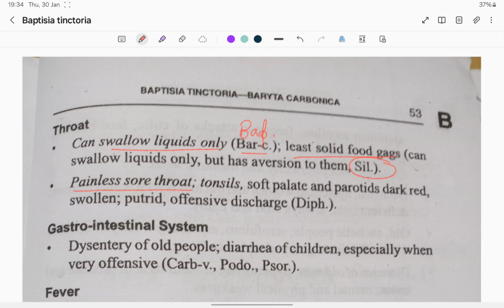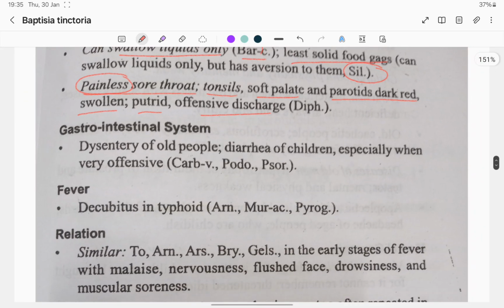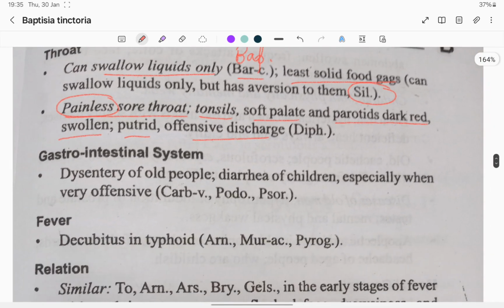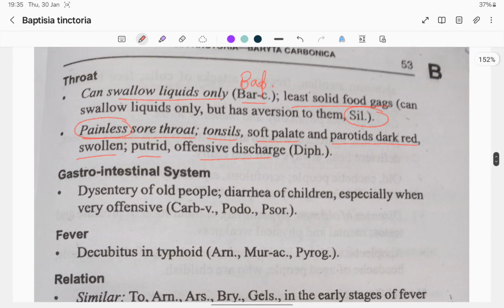Painless sore throat. Here it is painless. Tonsils, soft palate and parotids dark red. This one is peculiar, painless sore throat. Swollen, putrid, offensive discharge. About throat, now we are coming to GI. Dysentery of old people, diarrhea of children, especially when